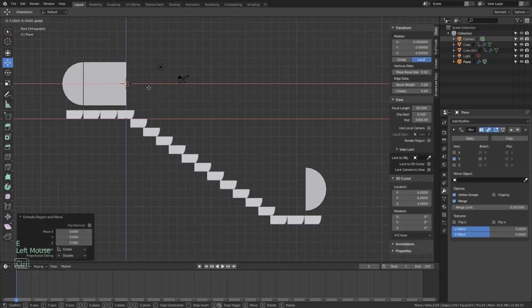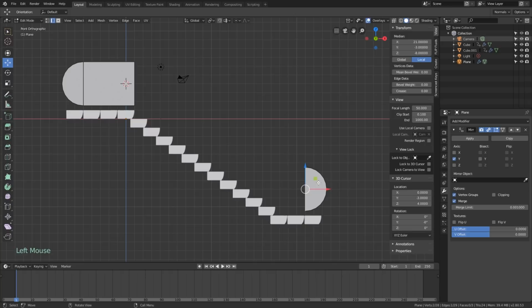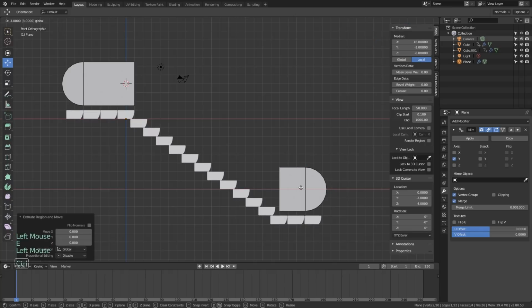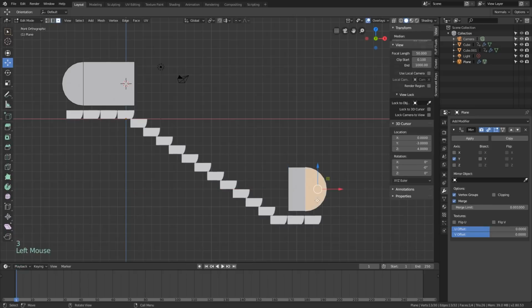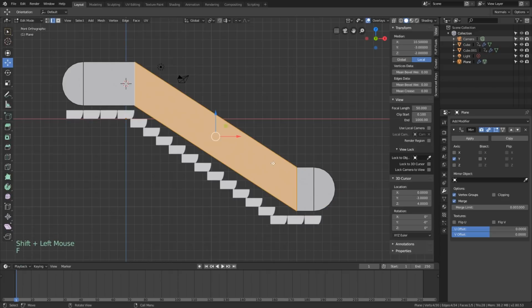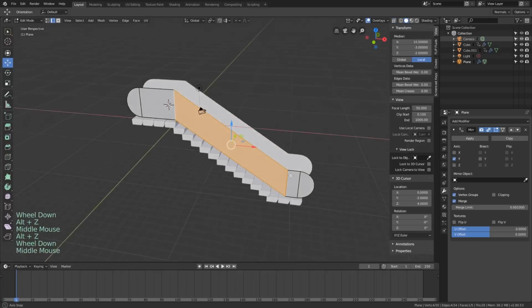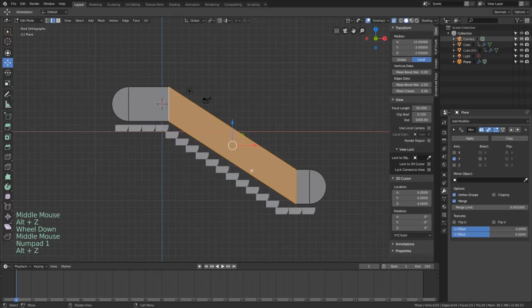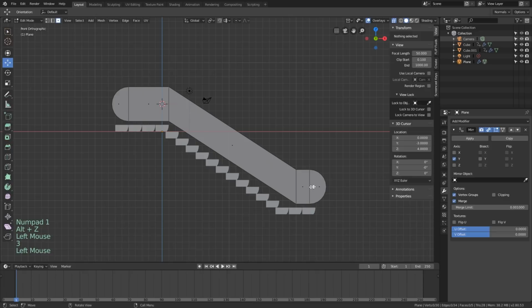So let's move this over till kind of right where it starts to go down. Let's do the same thing on this side. I guess right about, yeah, probably like right there. Maybe right there. I don't know, and you can move these around if you change your mind, but I think that looks fine. So then I'm just going to select those two, press F to fill it, and maybe we better even this up. I think that would look a little bit better.